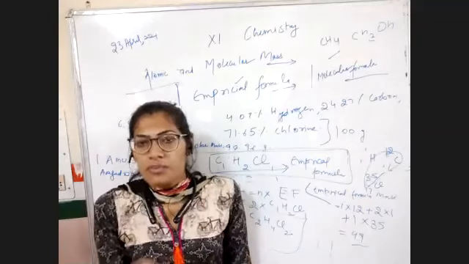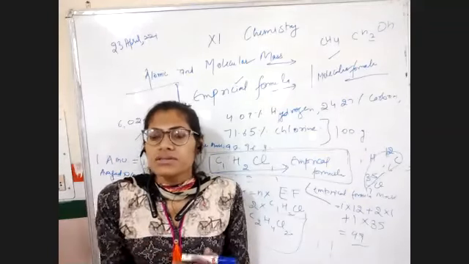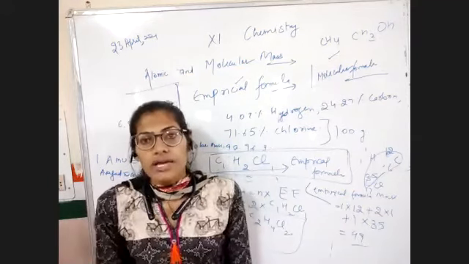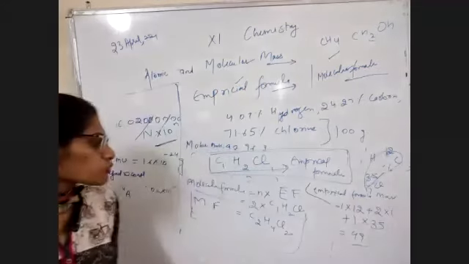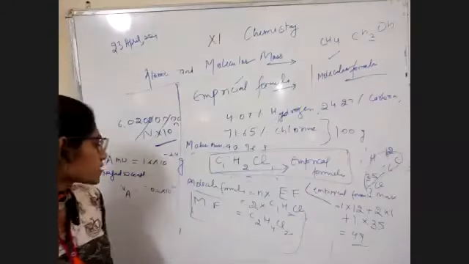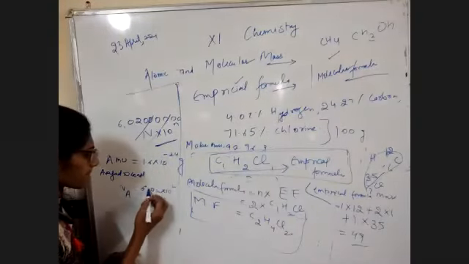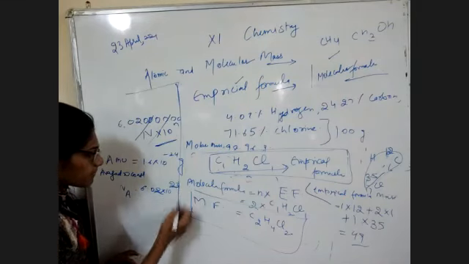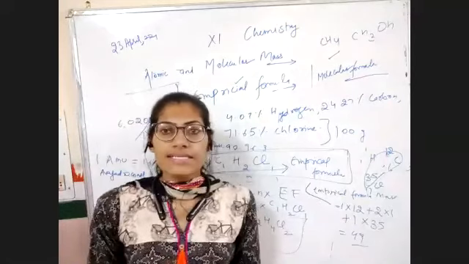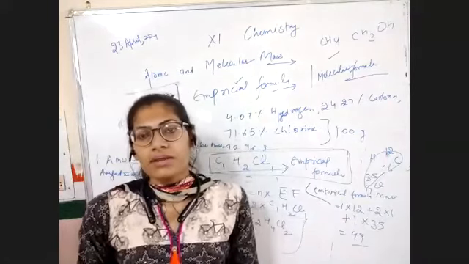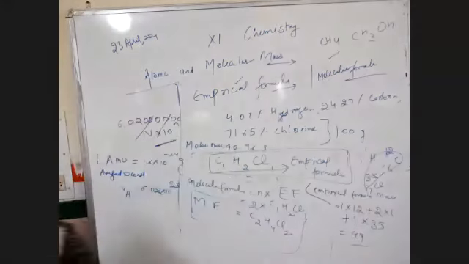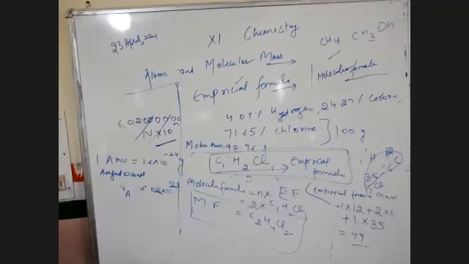2 to 3 marks would be given from the topic of the number of significant figures, which we discussed in our last class, how to calculate our number of significant figures. And for 2 to 3 marks, either we have this particular question, or how we can calculate the next topic, our stoichiometric coefficient, which we will study in our next class. Okay, so this was all from me. If you have any kind of doubt, please ask me.